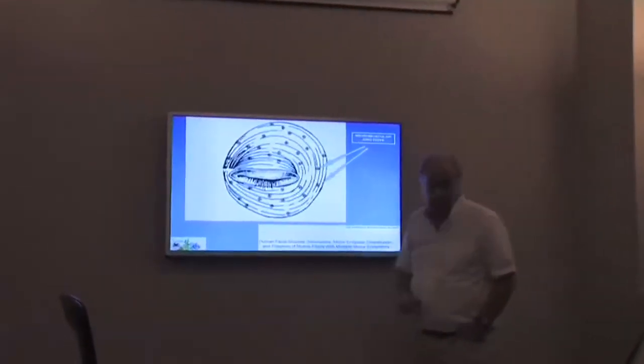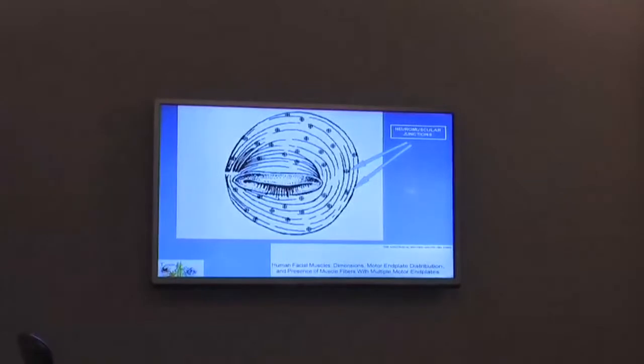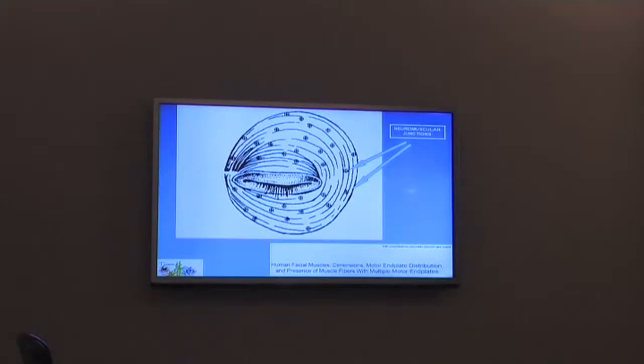in different places there. So those two muscles and the DAO are the only ones where we know where the junctions are in the face. We really don't know. There's no pictures of the frontalis. There's no pictures of the procerus. There's no pictures of the zygomatic area, apart from the DAO, where the junctions are. And I definitely would say, if we knew more data about where these junctions were, we could target treatment a